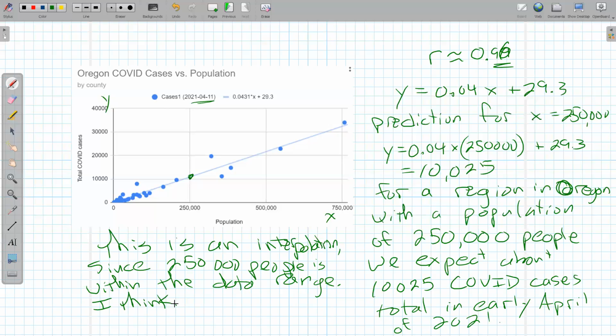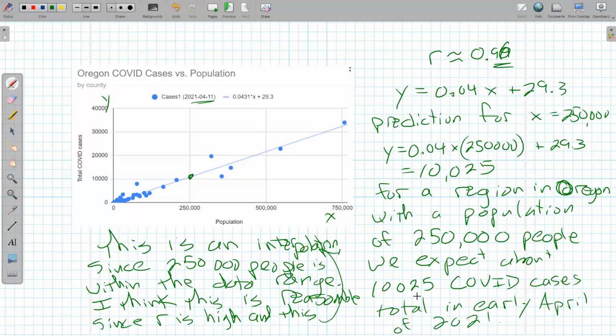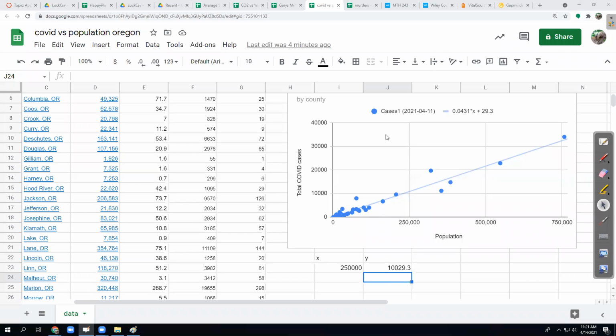So tell me about that. Do you think this is reasonable? Why or why not? And this is an interpolation. So this is kind of messy. I need to type this up so it's neater and other people can read it better. But this is what I'm expecting. I want you to make some calculations. I want you to think about it, tell me what it means. And there's just a few things you have to tell me about what they mean. What's the slope mean? What's R tell us? What's the y-intercept mean? If anything, it might be meaningless. And can we make a prediction? Is a prediction reasonable? Why? All right. So moving on,